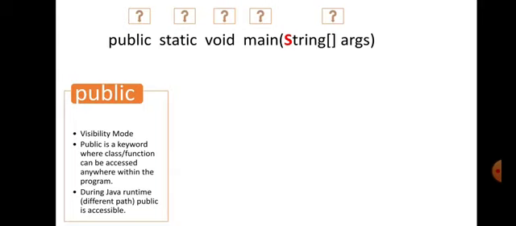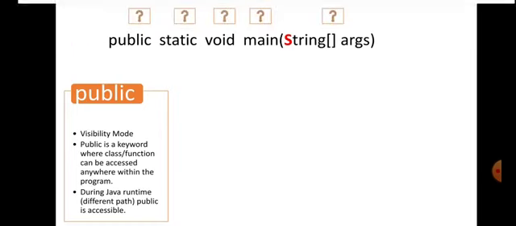So since public is given to the main method, it is accessible to all, like the lighthouse. But since the magnetic compass is private, it cannot be accessed by all the methods. Hope you understood the idea of what is public. Public is open to all. Private is restricted to only the people who own it.